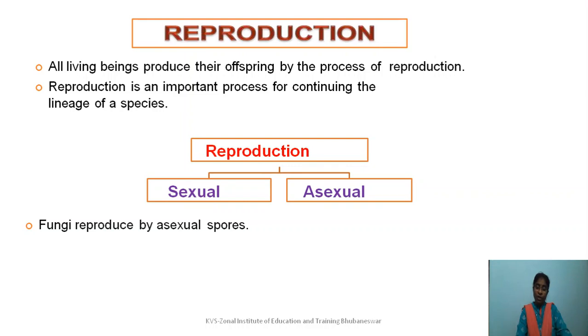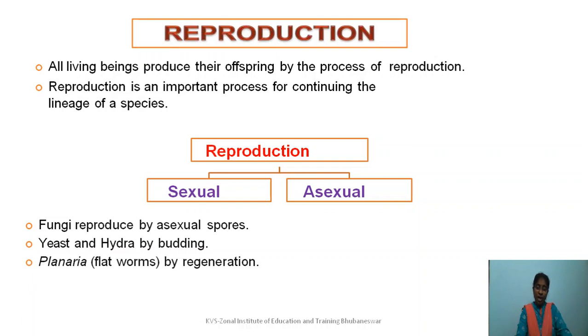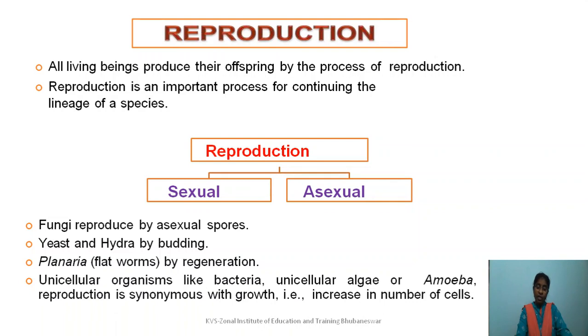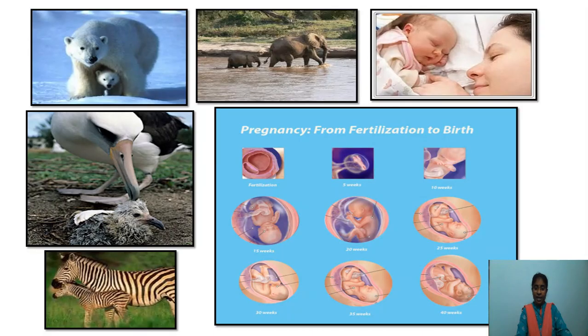Fungi reproduce by asexual spores. Hydra reproduces by budding. Planaria, that is flatworm, reproduces by regeneration. And in unicellular organisms like bacteria, unicellular algae or amoeba, reproduction is synonymous with growth, that is, an increase in the number of cells. Now here you can see the diagram